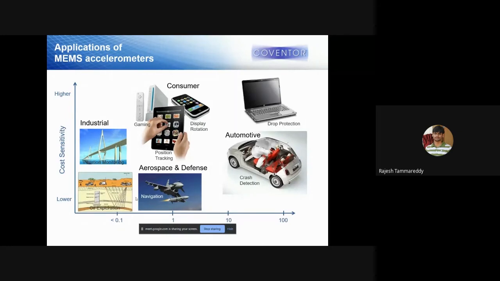For some devices like gyroscopes, you will have a controlled medium where the pressure of air or gas, whatever is there in the package, will be low, so that you have the optimum behavior in your sensor. So one should always take care of the damping parameters when doing the MEMS design.